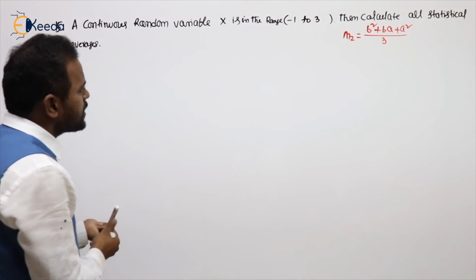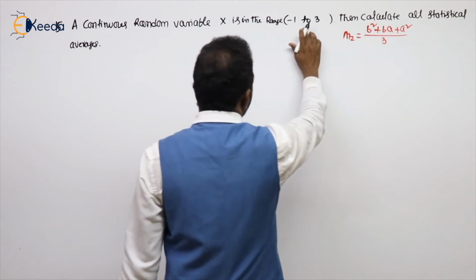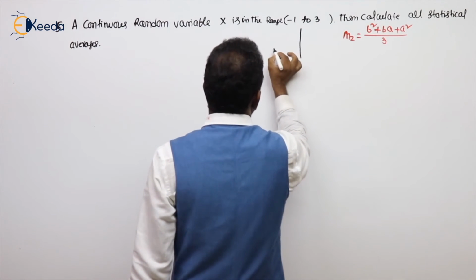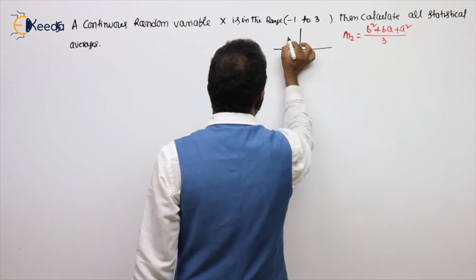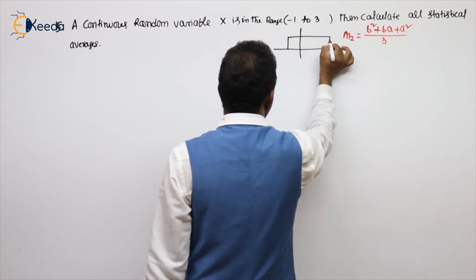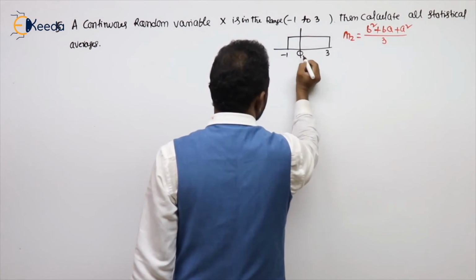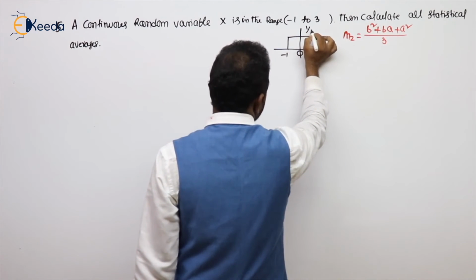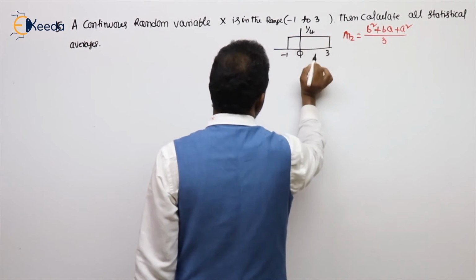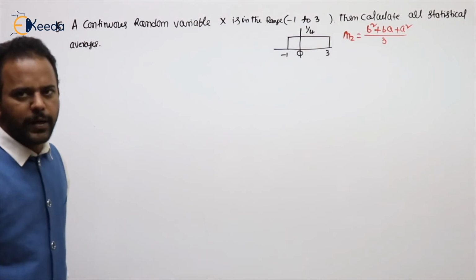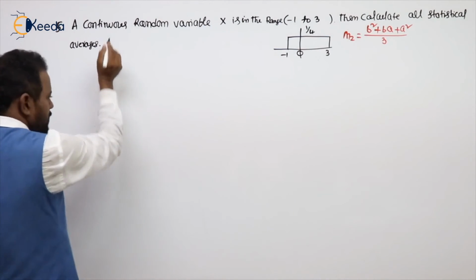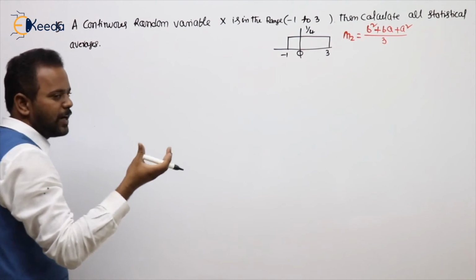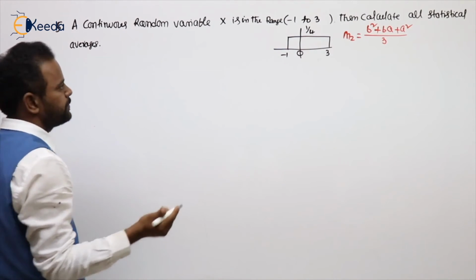Now they have given the continuous random variable in the range from where to where? -1 to 3. Since nothing else is mentioned, you can take a uniform distribution. Then what about this value? 1 by upper minus lower limit. 3 minus of -1 plus 1 is 4. Our total area under the PDF will be 1. Calculate first with the normal method. Next I will use the summary, and you will see the difference in evaluation, how simple you can get. I will show you.